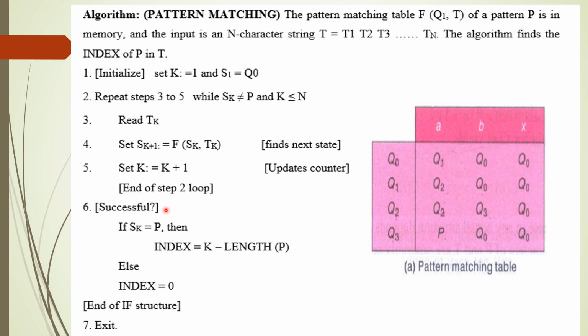until you reach the last character of the pattern. When you reach the last character of the pattern, if you end up with the state P after reading it, then the search is successful, and it will return the position of the pattern. Even after reading the last character, if you do not end up with P, then it indicates that the search is unsuccessful. That can be indicated by sending a value 0 to the main function. And then you terminate the algorithm.